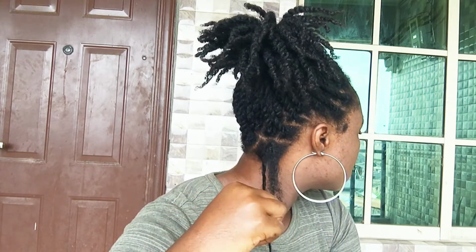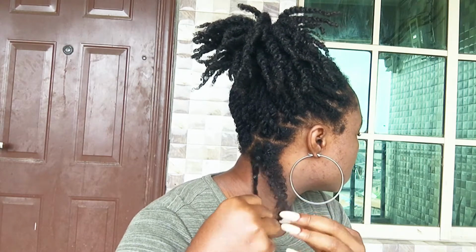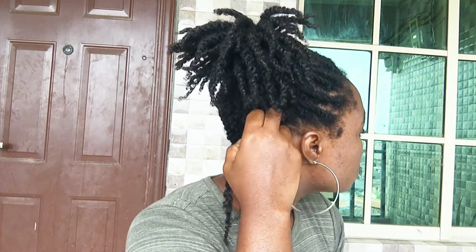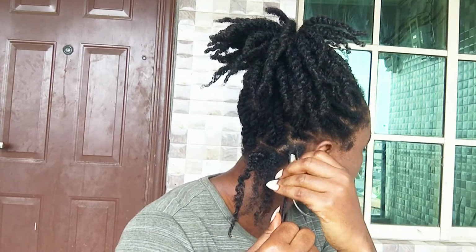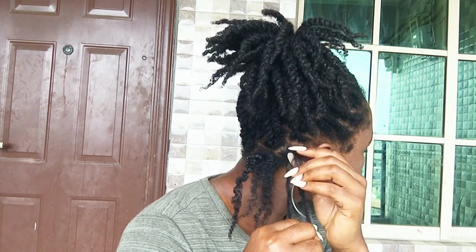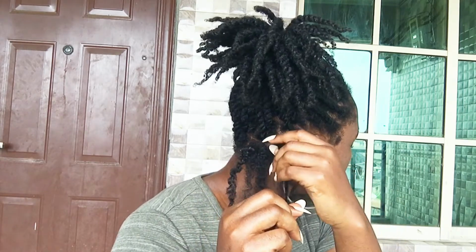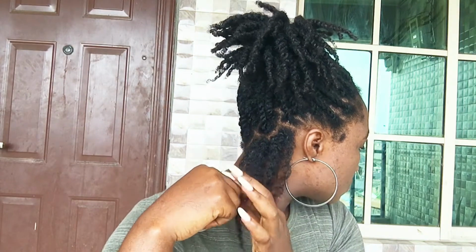So for taking down the twist, I'm simply unraveling the twist in the opposite direction in which they were twisted, and then using a single finger to divide each section of each twist one time. So I'm unraveling the twist and then parting each section and running my finger through from my scalp to my ends just one time. None of the sections are big, so I don't need to run through each section multiple times. So I'm just unraveling it one time to make sure that my curls stay as much as possible,